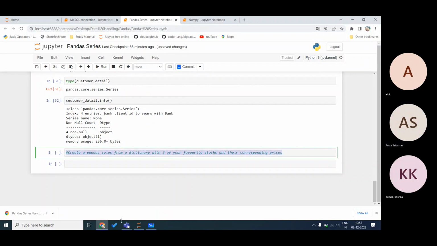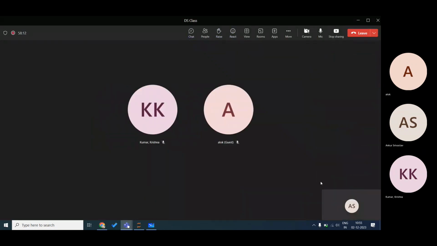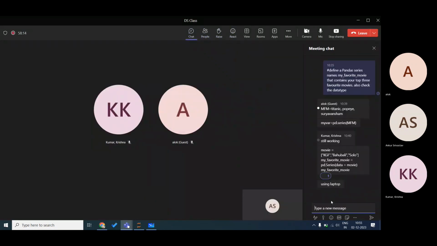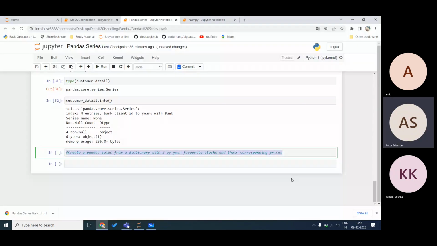Okay, this is a task. Do it. This is just for practice so that you remember the syntaxes.